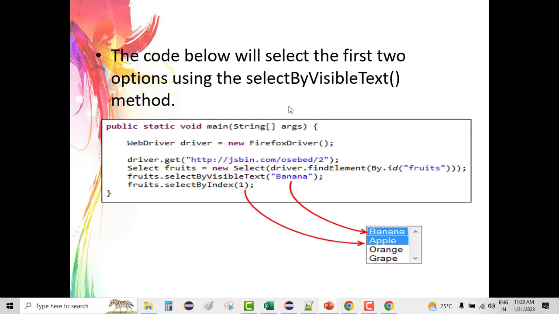So what is happening here is we are just starting on the web driver and we are getting the URL which is having a drop down with multiple options selection available. Then we'll create an object to the select class as usual as we do. New select, and then we'll find out the location of that particular drop down using ID, name, XPath, anything. Then that object dot select by visible text and that object dot select by, again you can use visible text or value or index, doesn't matter. So you have to write multiple selection lines, that's it, using the same object in case of multiple drop down. Okay,